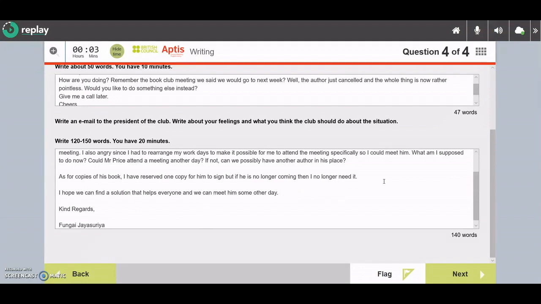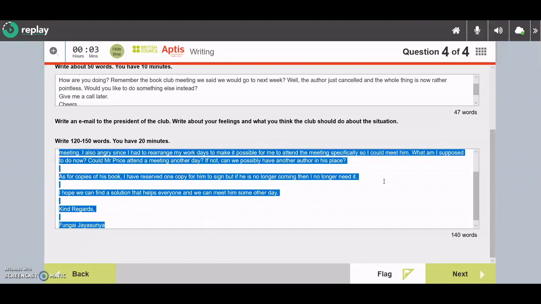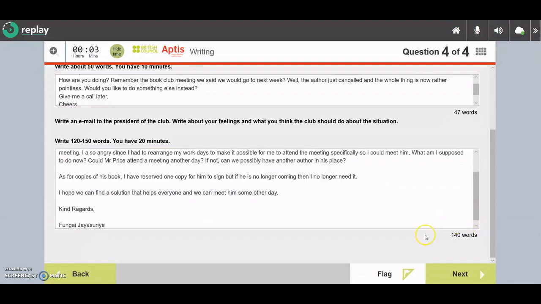Nice short sentences. This is an example of what we'd expect from you when you write a formal email. Right. When you're finished with that, looking at the time, you can go back to previous sections to reread your work and double check. Right now, we only have 2 minutes left, so we won't have much time to reread the whole exam. But if I had more time, I'd be able to go back,